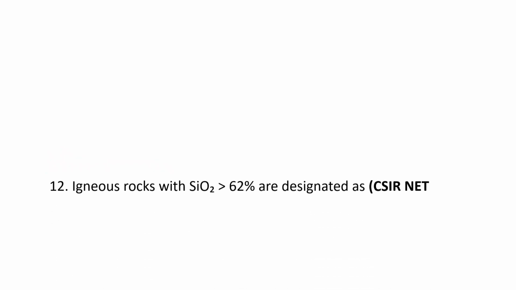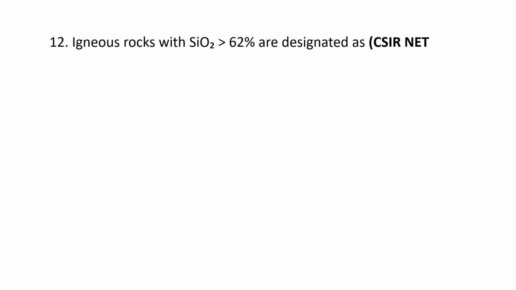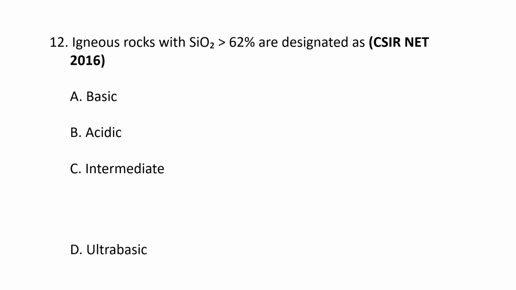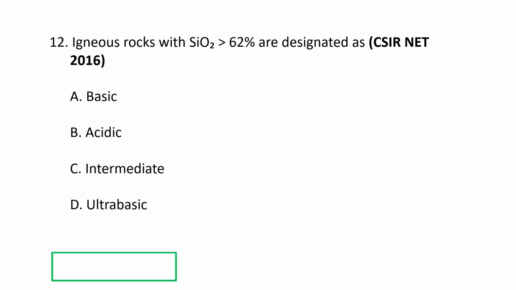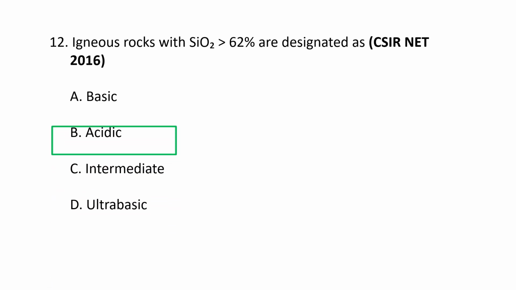Next question. Igneous rocks with silicon dioxide greater than 62% are designated as A. Basic, B. Acidic, C. Intermediate, and D. Ultra basic. The correct option goes as B. Acidic. Igneous rocks with SiO2 greater than 62%, or sometimes greater than 63% or 66% depending upon the specific classification